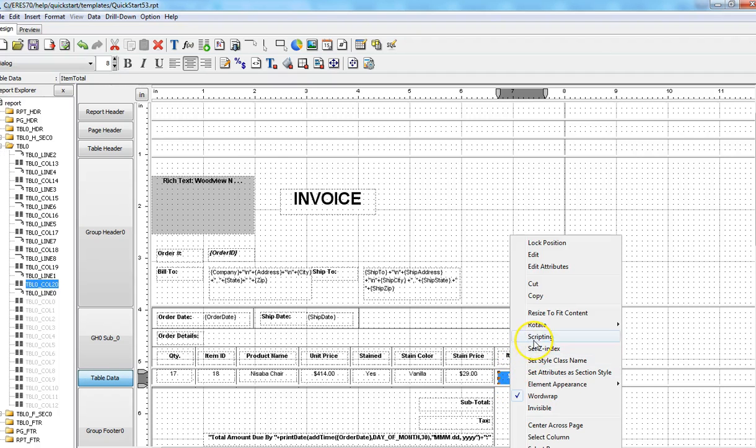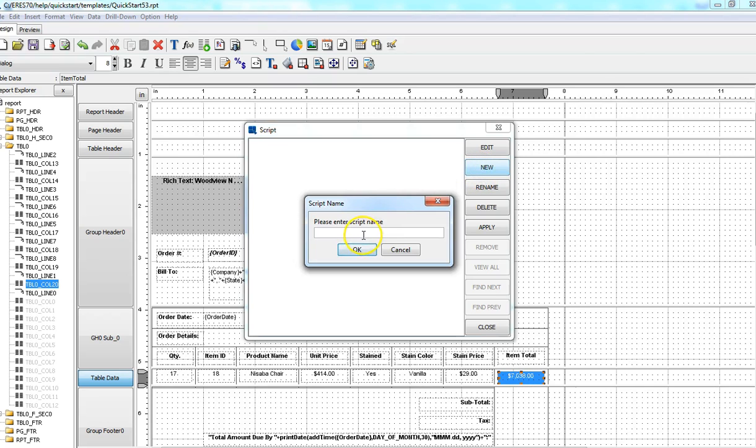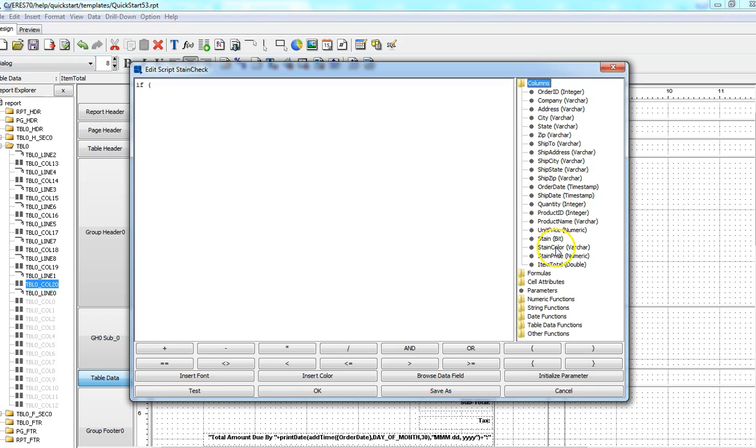So let me open up the scripting dialog box. So add a new script, and let's call this stain check. Okay, and I want to add the logic here. If, parentheses, and I can pick fields from here. If stain is equal to true,